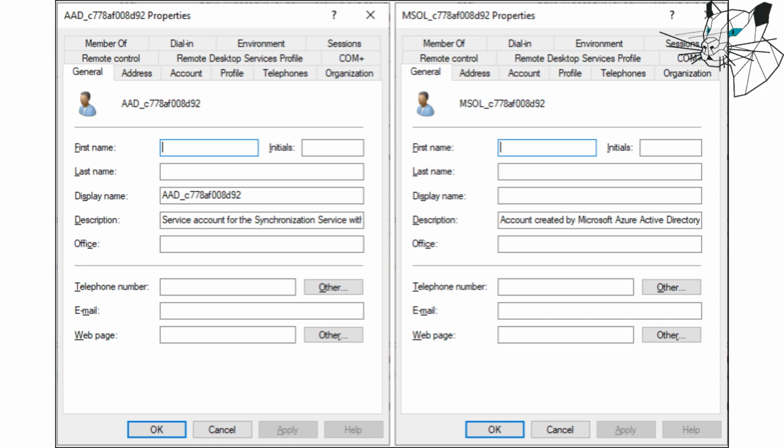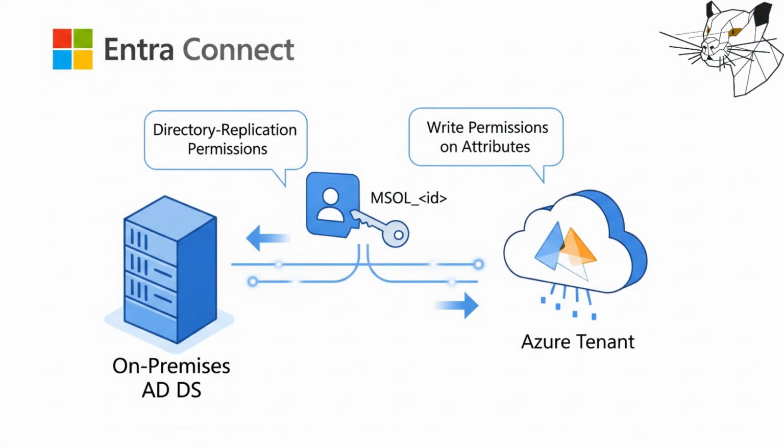Therefore, you should create a special Microsoft Entra Connect Administrator account for installing and configuring Microsoft Entra Connect, and assign this account to the Enterprise Administrators group when Microsoft Entra Connect is set up. However, this Microsoft Entra Connect Administrator account should be removed from the Enterprise Administrators group after Microsoft Entra Connect setup is complete. MSO. This account is created during Microsoft Entra Connect installation and is configured to synchronize to the Azure